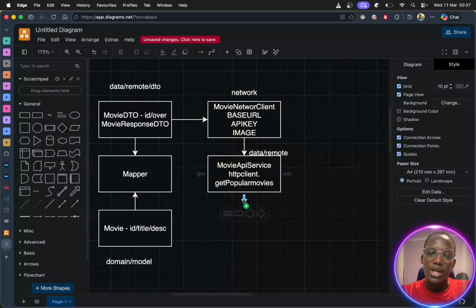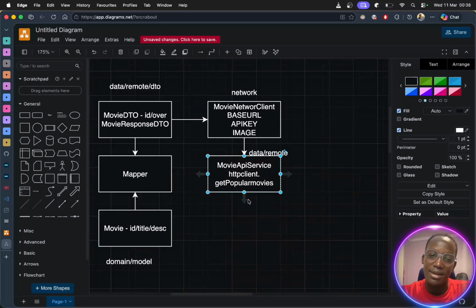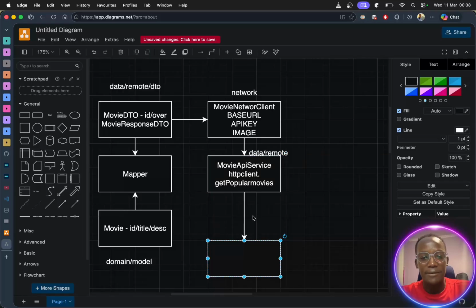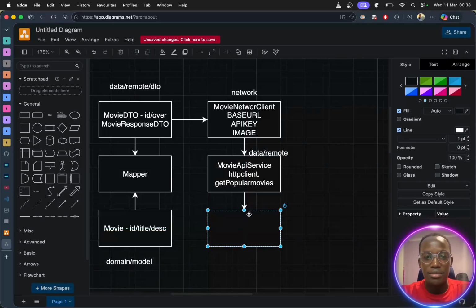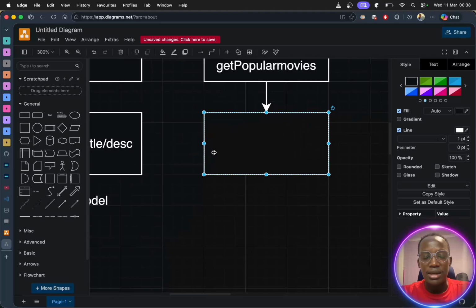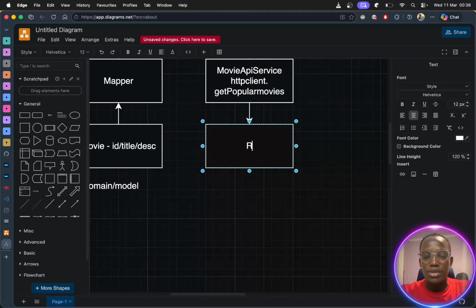Now from here, we would want to create a method to get this message or get something. We want to implement the get here using the repository. So the next thing here will be our repository layer. I'm just going to push this back here. So we are now at the repository